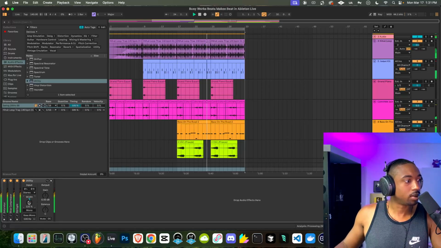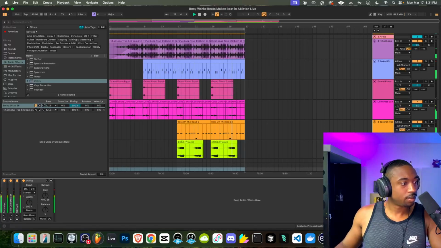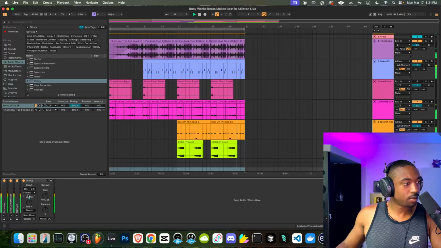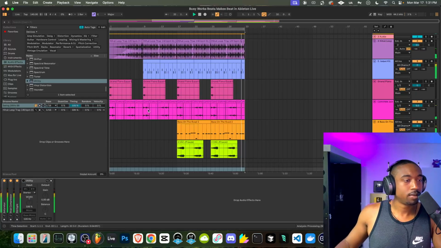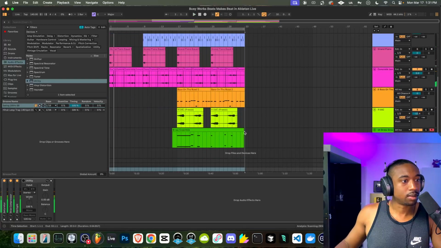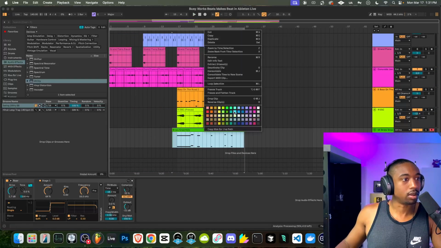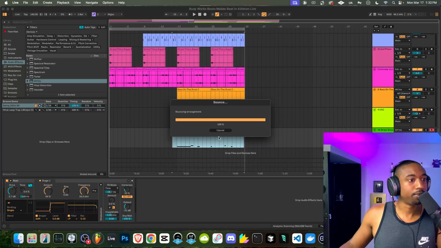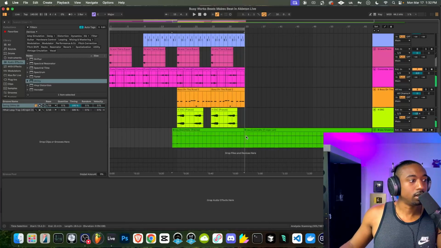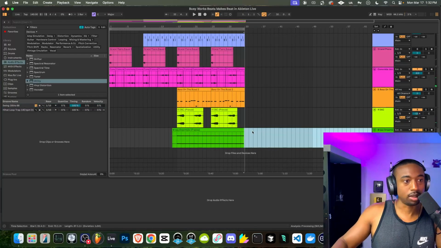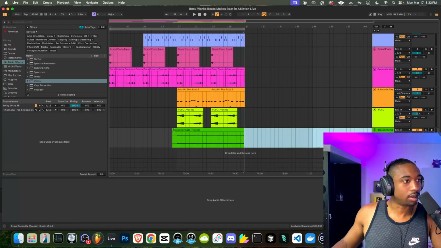Let's make it wider. Why is that thing still rocking? Let's print this to audio because I don't know why. All right, so apparently there was a sustain that just kept going. That was weird.